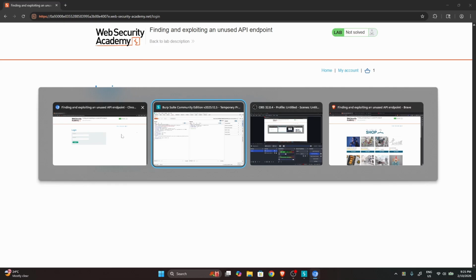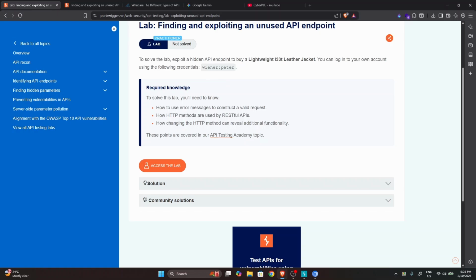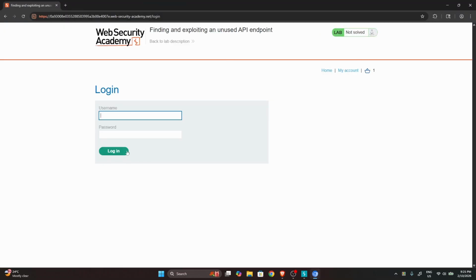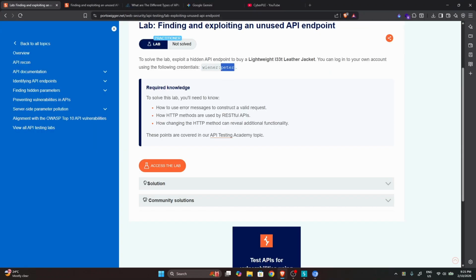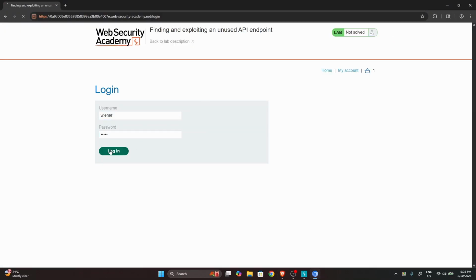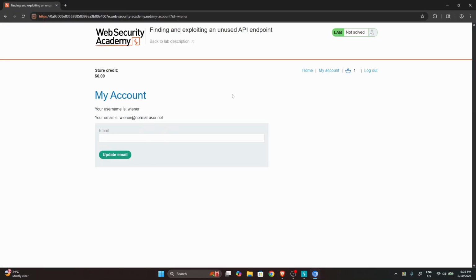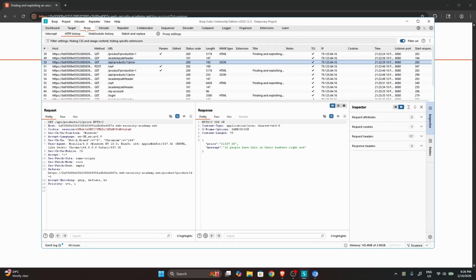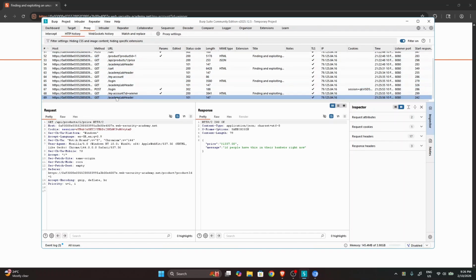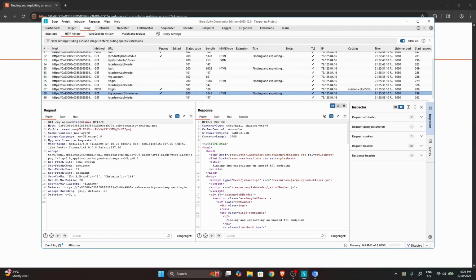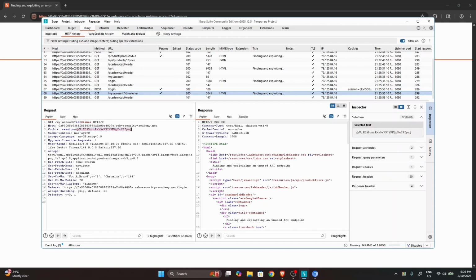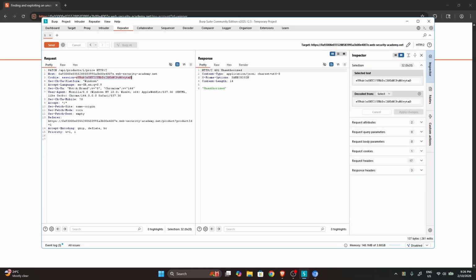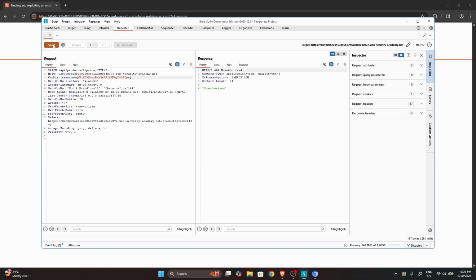So they have given us credentials. Copy and paste them and log in. Okay, now I'm successfully logged in. What I'll do is go into Proxy, open any request and copy the session, and go back to Repeater, change the session details, and if I try to send it again,